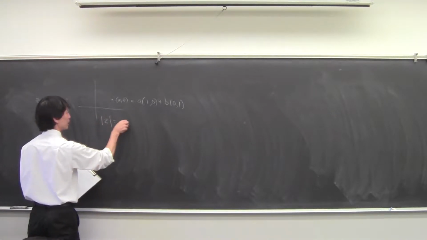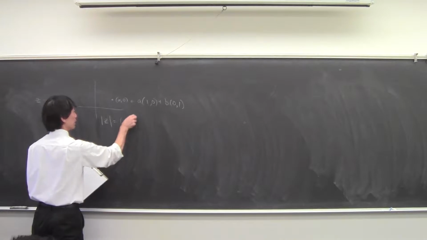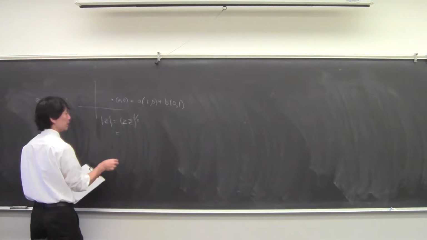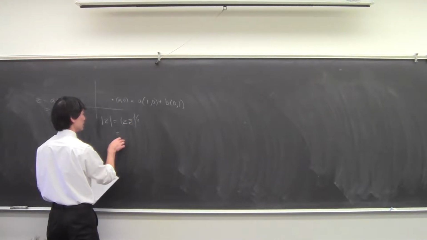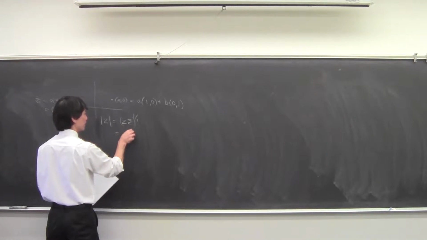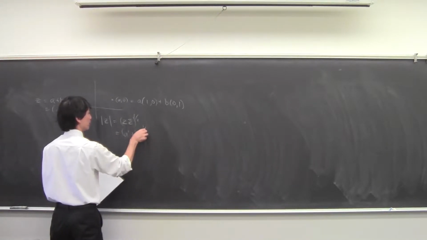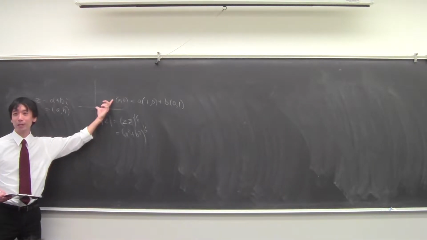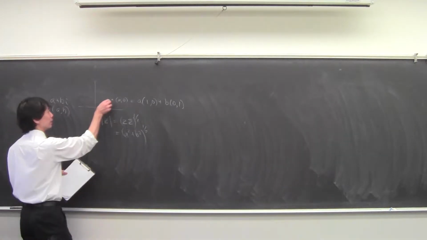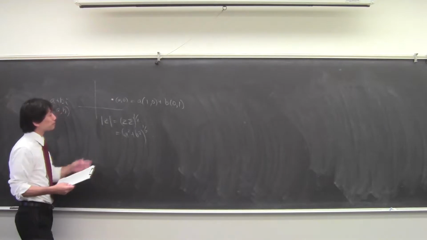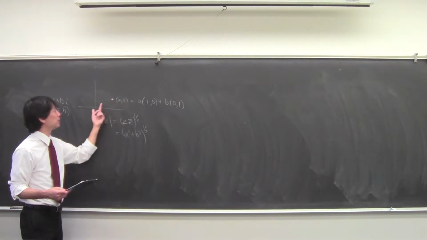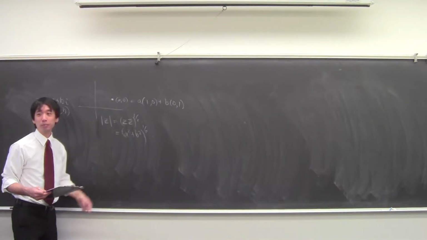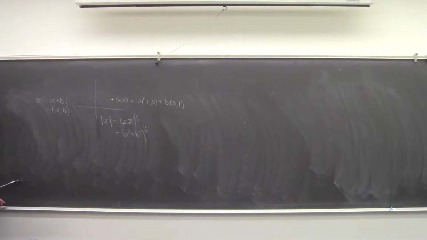The size of the complex number is the square root of z times z bar, which of course works out to be the square root of a squared plus b squared. So that's what you normally think of as the size of a vector, or the distance to the origin in the plane. Okay, so since we have these things, we can actually talk about